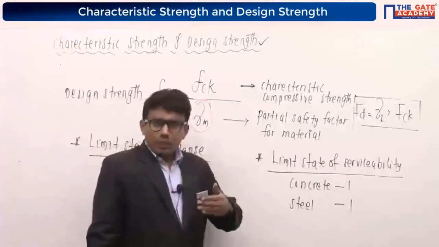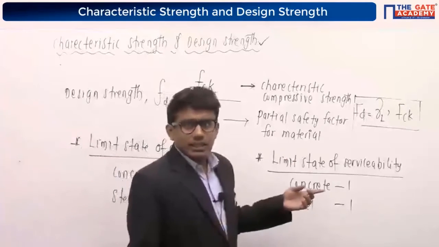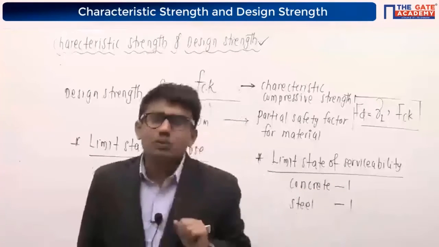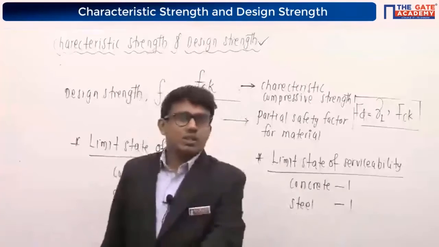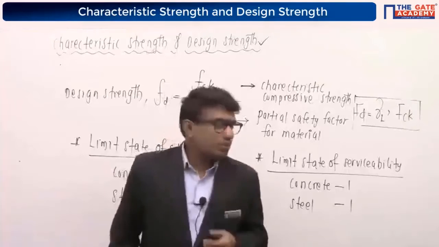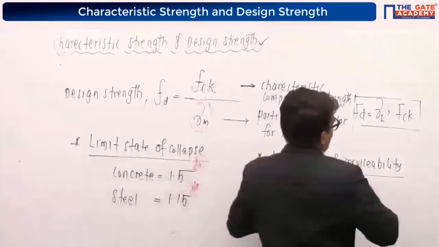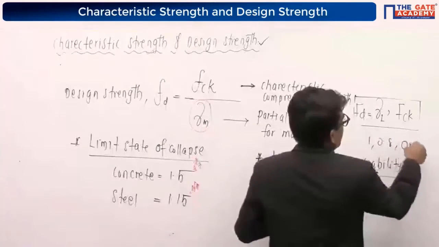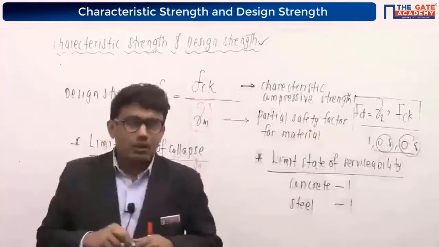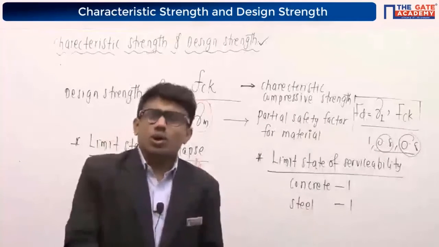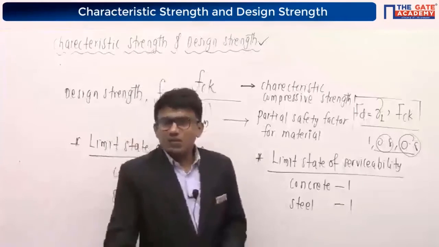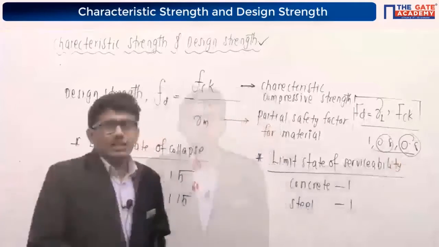I'm repeating, we have to consider one. Limit state of serviceability always deals with the real life behavior of the structure after constructing it. That's the reason why we are considering the unit value, one. But you can ask me why I have considered 1.5 in the load combination of dead load, live load, wind load and earthquake load. Because the probability of occurrence of all the three loads together in a structure is very less. So that's the reason why we are just reducing it. I think it's clear, right?